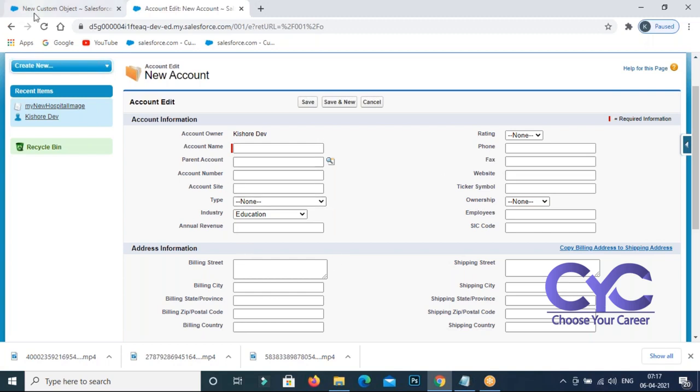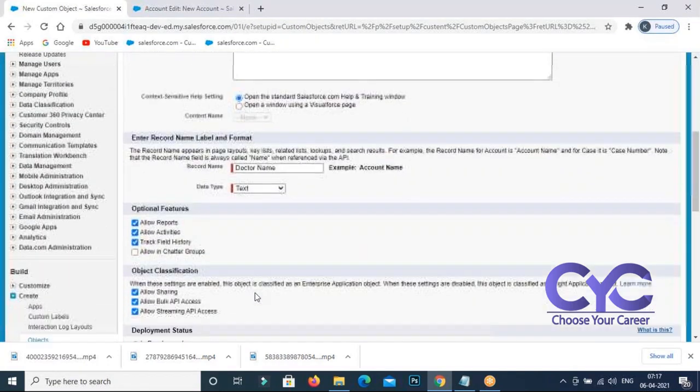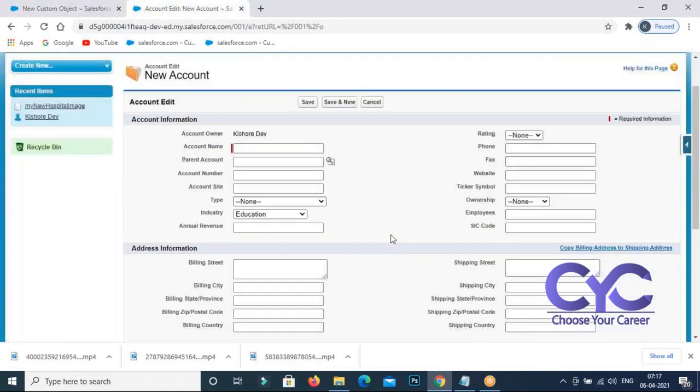Now, what is the meaning of track field history? Suppose I have created this text data first time, but my requirement is not text data. My requirement is just text area data. Means I'm going to change the data type from text to text area.